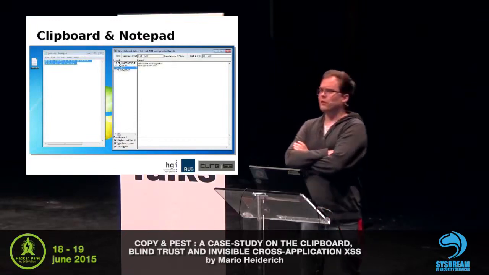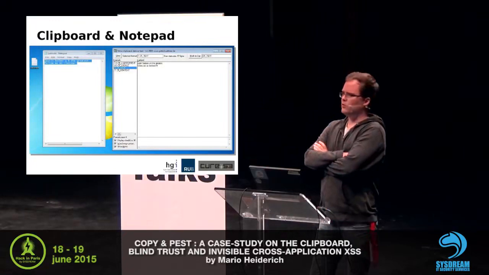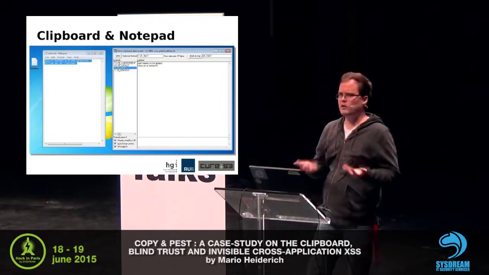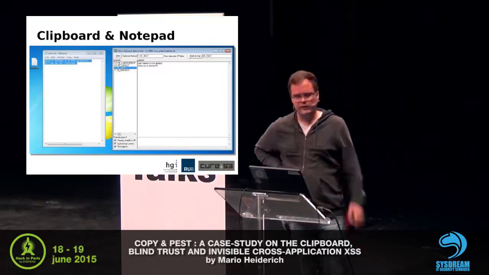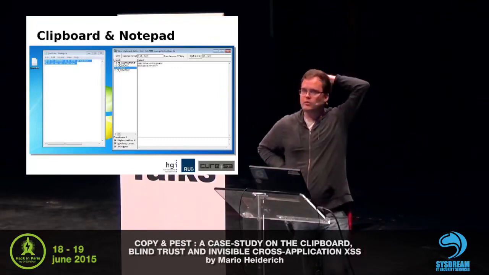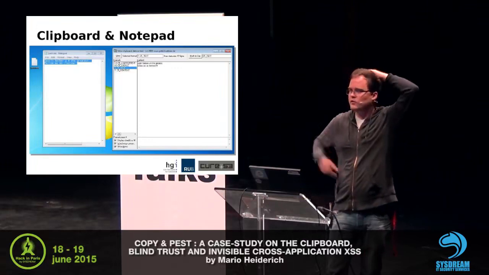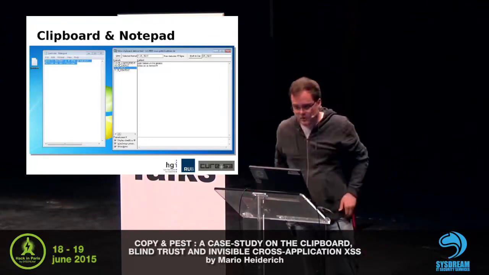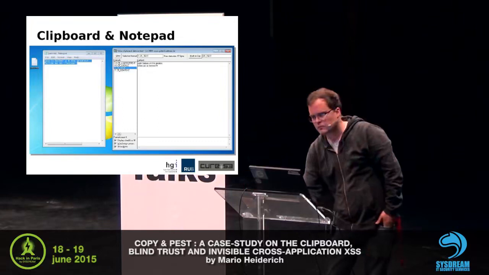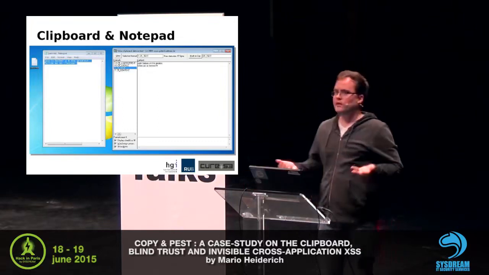So here we have a text file, and text files are very simple. They don't contain any markup or layouting or complexity. It's just raw text. So you would think if you copy a bit of raw text, not much is going to go on. It's just one string of text, and that should be one object in the clipboard, but no. As we can see on the screenshot, we have a bunch of objects in the clipboard, despite us just copying